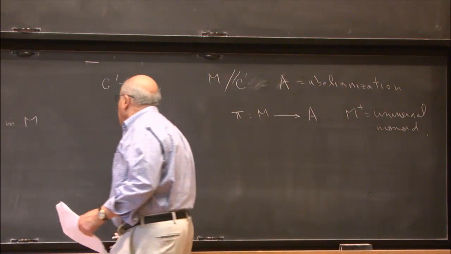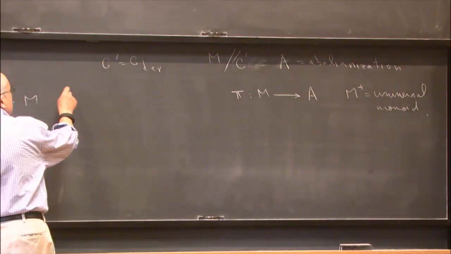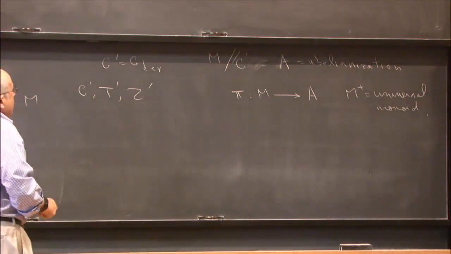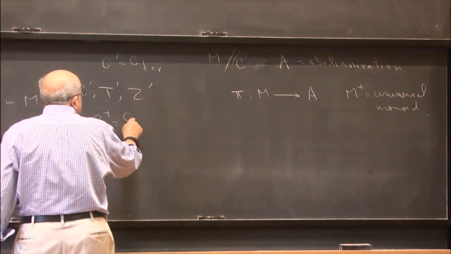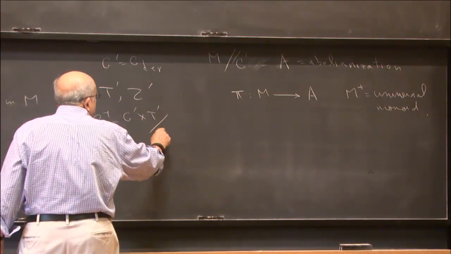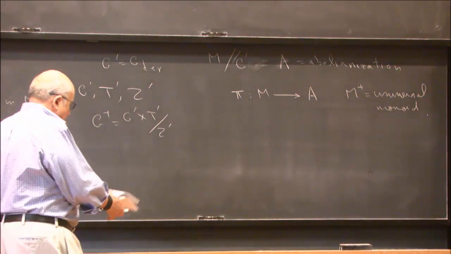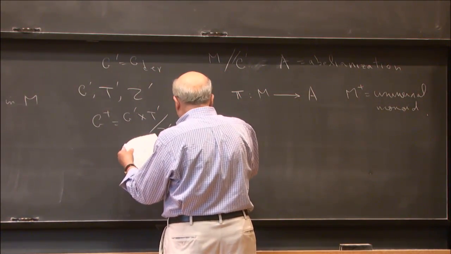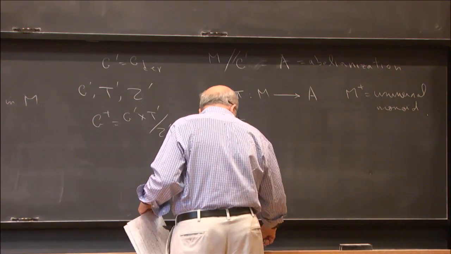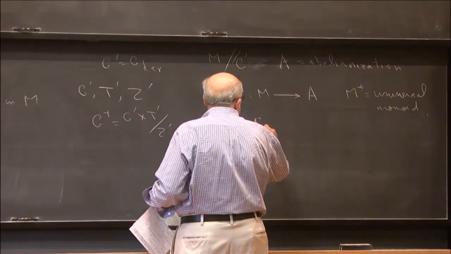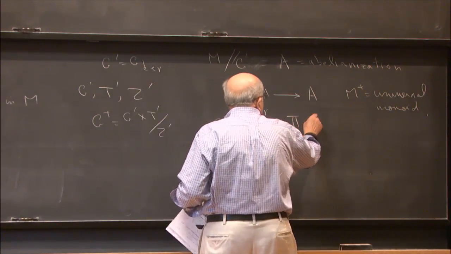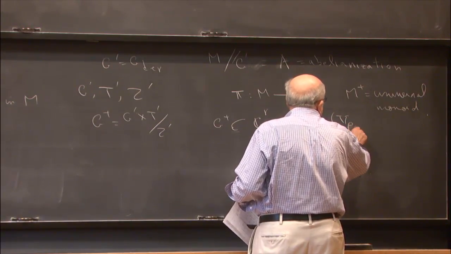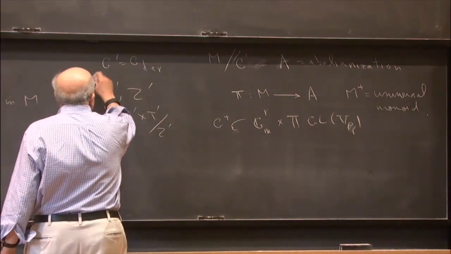And this you do by looking at, I should have used that word first, G prime, T prime a maximal torus, Z prime its center. You define a G plus, which is G prime cross T prime divided by Z prime. And then you can embed this G plus in the product of Gm to the rank times the product over all of GL of V rho i. The rho i's are fundamental representations. I'm assuming G prime is simply connected.